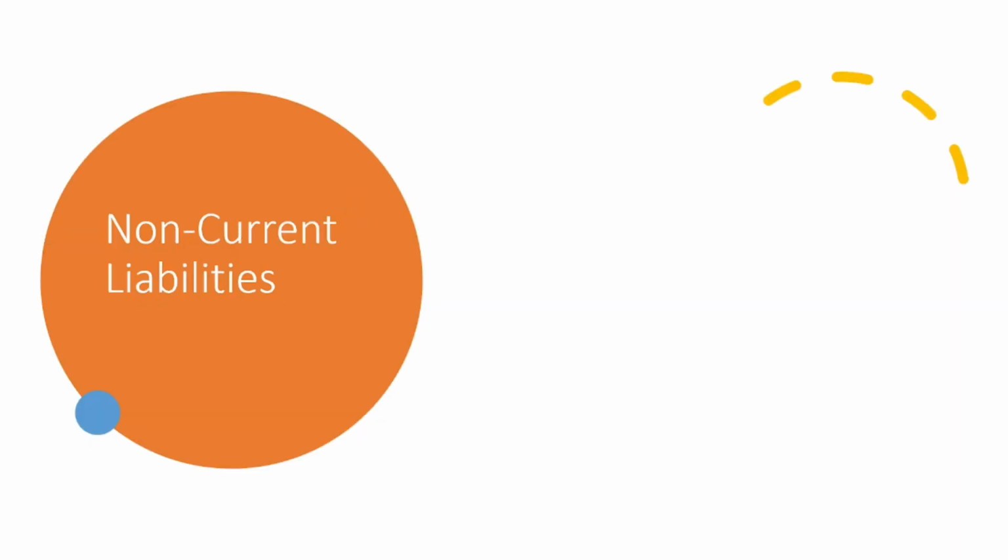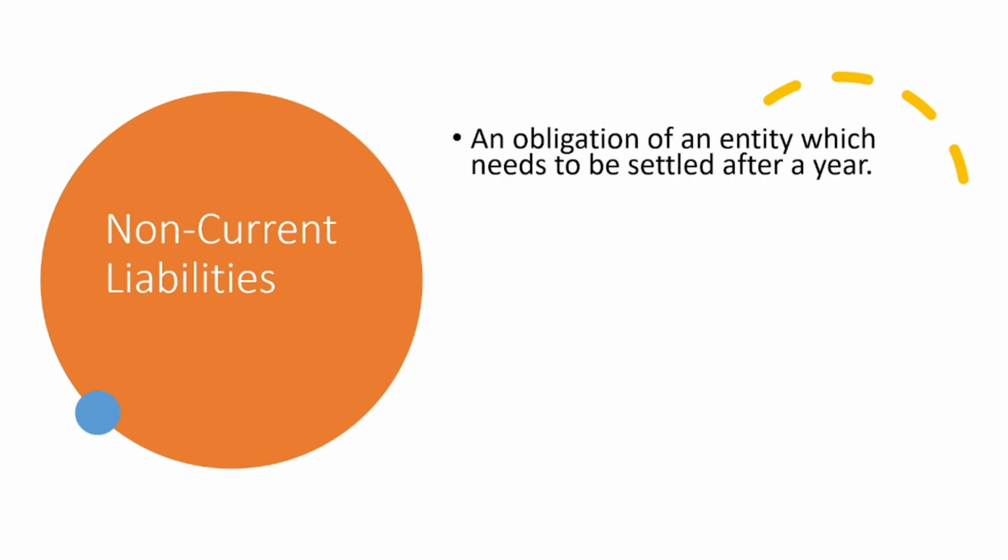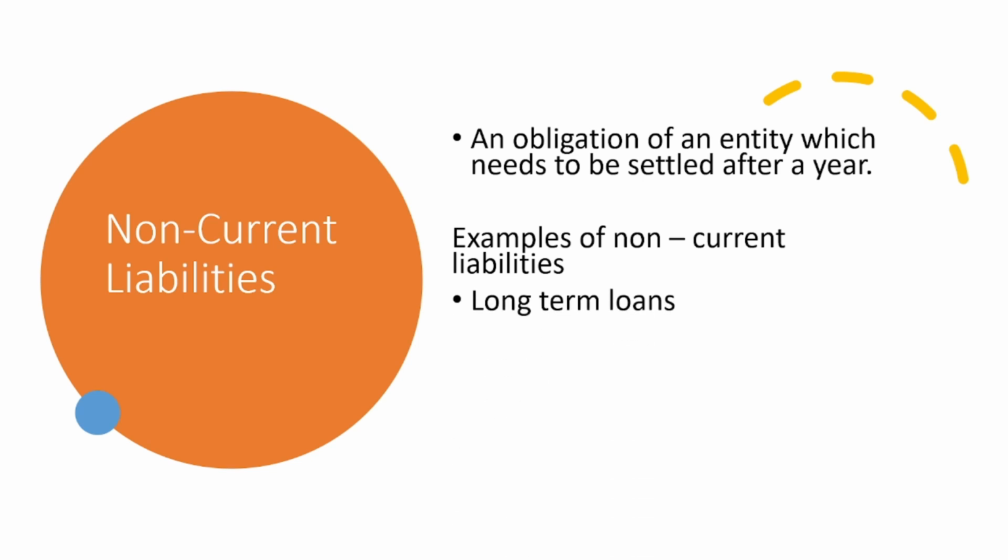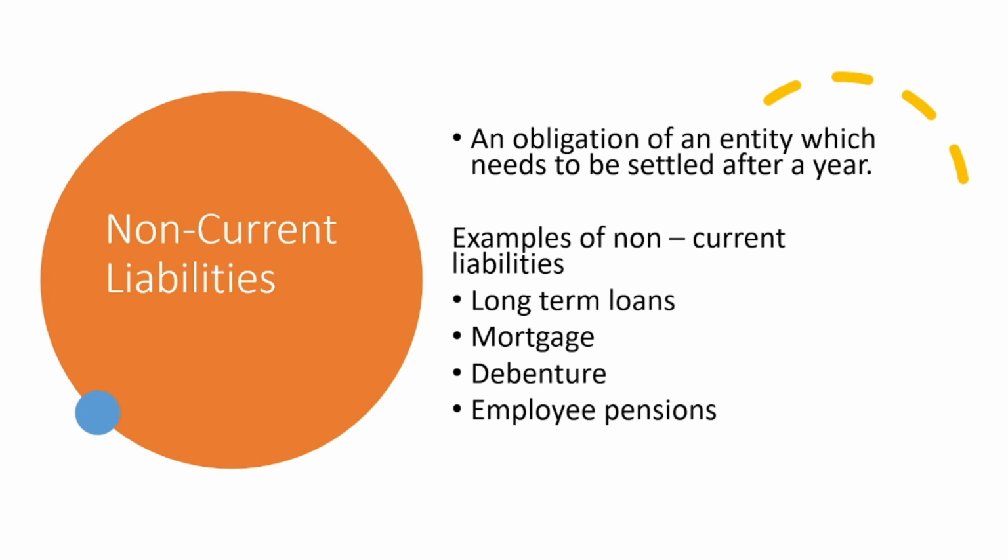We will move on to non-current liabilities. It is defined as an obligation of an entity which needs to be settled after a year. Examples of non-current liabilities are long-term loans, mortgage, debenture, employee pension,